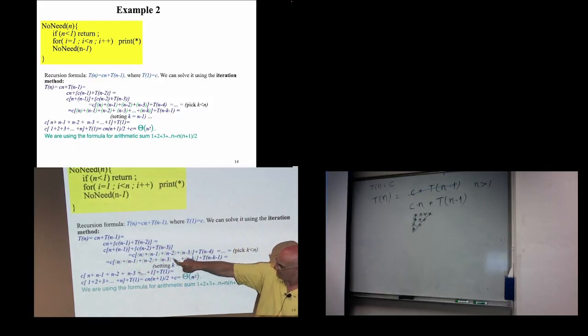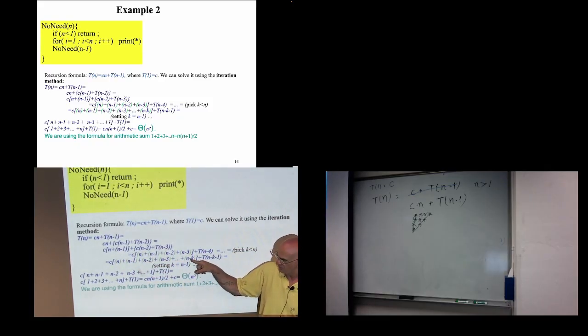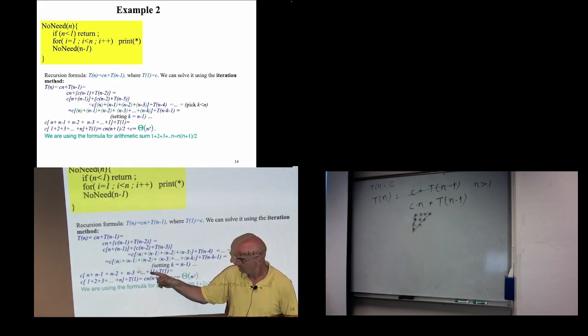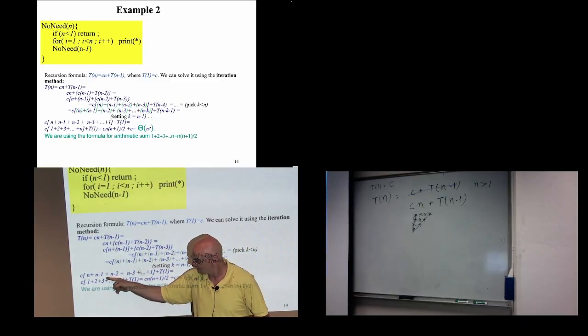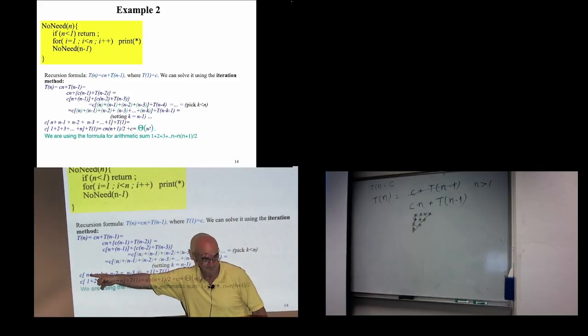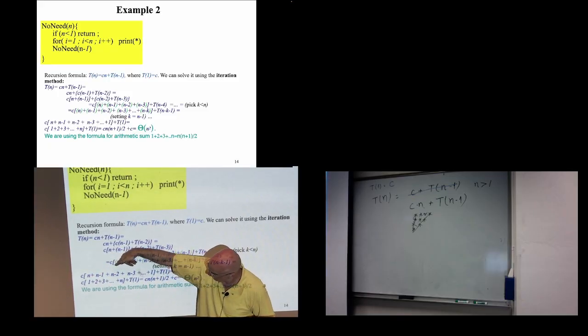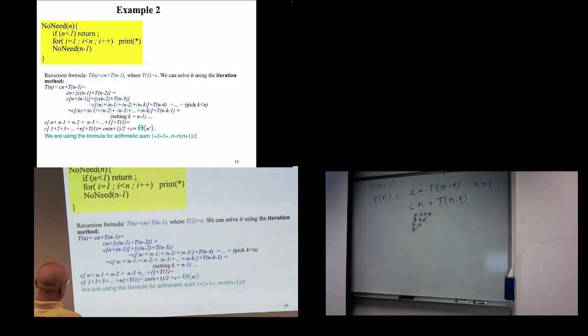Now there is this summation over here, which looks very confusing reading from left to right, so instead I'll read it from right to left. What's written here from right to left? It is 1 plus 2 plus 3 plus 4 plus 5 plus all the way up to n. Switching the order, let's take this summation in the square brackets. Reverse the order, it is 1 plus 2 plus 3 plus 4 plus all the way up to n,